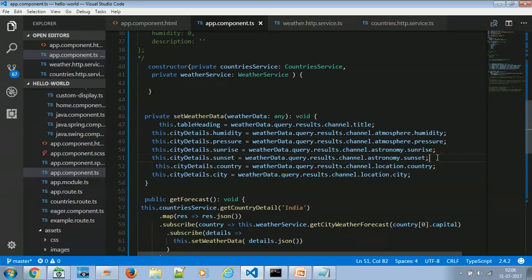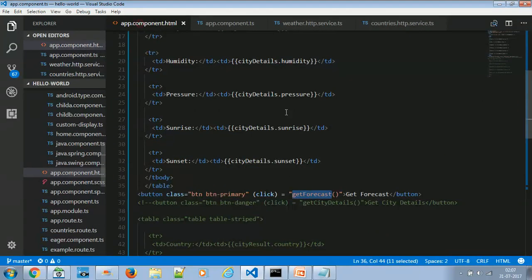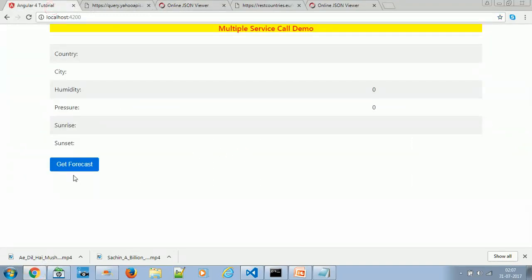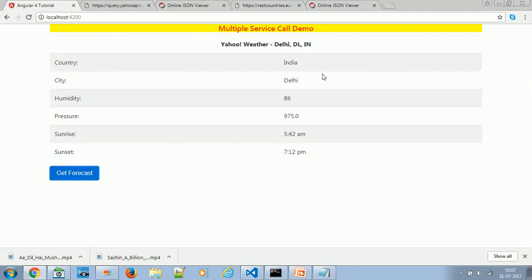Anyway, this is just for demo purposes, so I have not optimized the code, but you have scope to optimize it. Fine. So this way I get all the values in the city details object, and this city details object, as you know, we are binding to this table's values: city details dot humidity, pressure, sunrise, sunset. Now let's run the code and check. So this is my code, I'll click on get forecast and I get all the response.